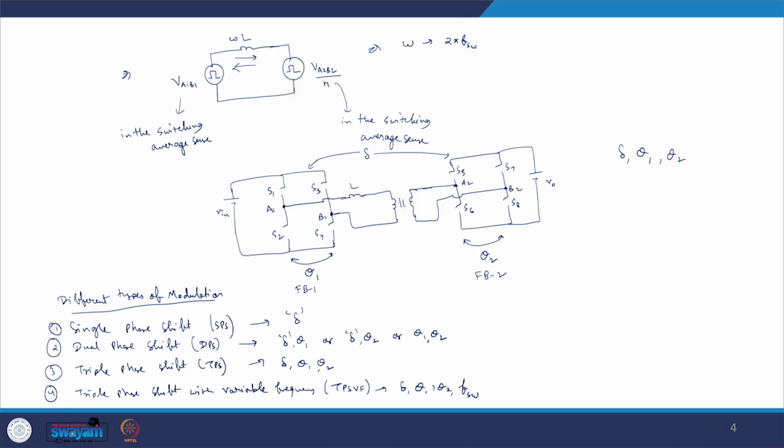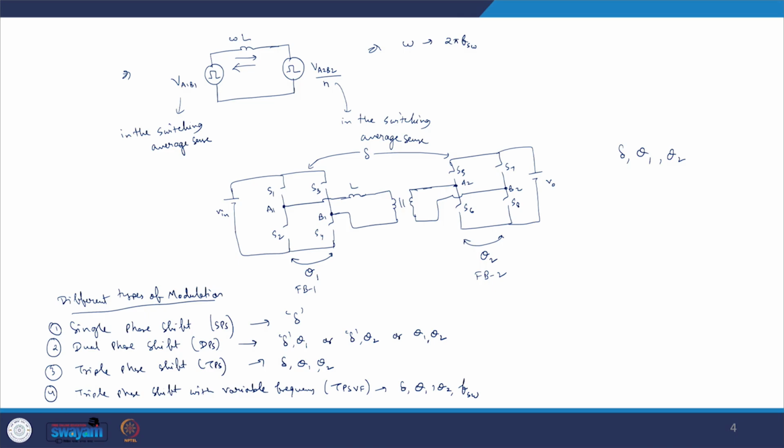Further, in all these modulations, since the phase shifts are given, all the switches are turned on for half the switching cycle period and turned off for half the switching cycle period. Only the phase shifts in turning on, or in other words turning off, instances of the corresponding diagonal switches are given. Since the switches are on and off for half of the switching cycle period, the phase shift given between turning on instances will be the same as saying the phase shift is given between turning off instances of the diagonal switches.